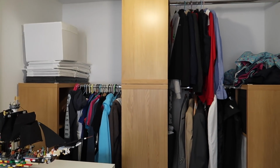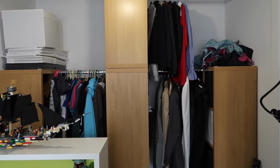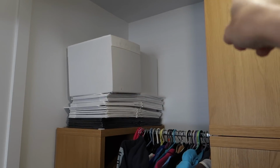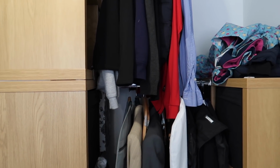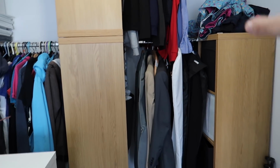Now I want those doors to just look like the back wall to cover all of that. There's also another rail to go up there. So all of that is like storage for him. And then we've got extra storage for coats and bits we don't use that much for the rest